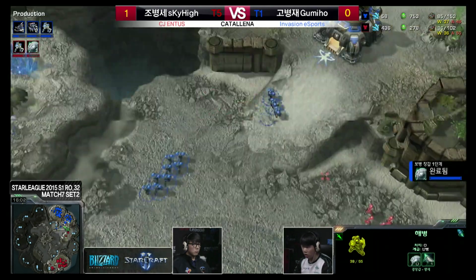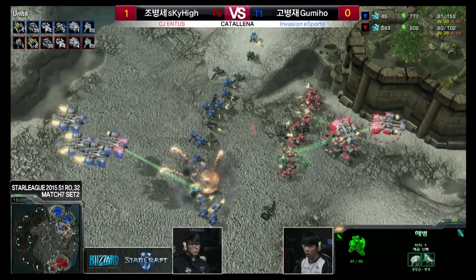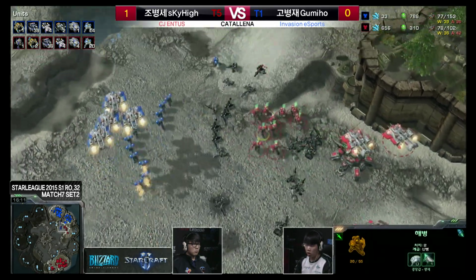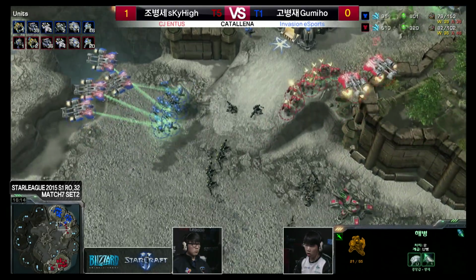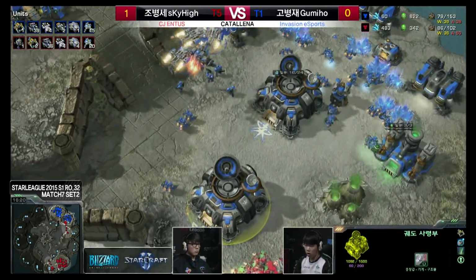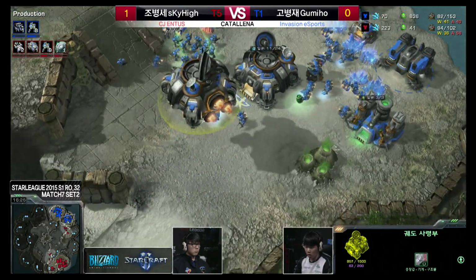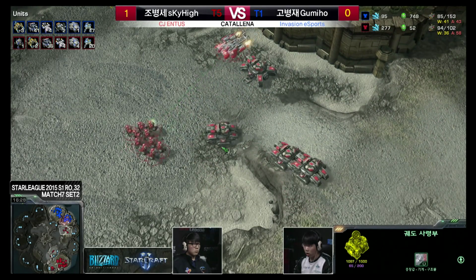Yeah. So definitely going to be great in those engagements here, these skirmishes. Watch these Marines with combat shields fight. Even though they're surrounded here, they're going to do a lot better than you would expect. And they're actually going to stim and run right up into the natural here. Very aggressive play by sKyHigh. He knows he's down that CC, and he really wants to get it. I don't think he's going to be able to actually target that down, but